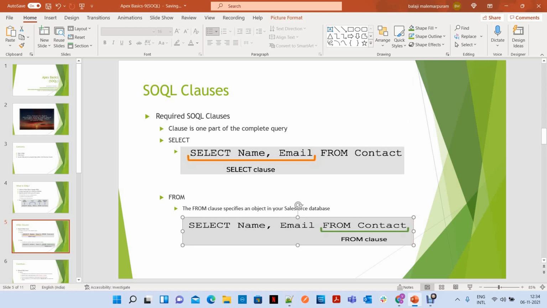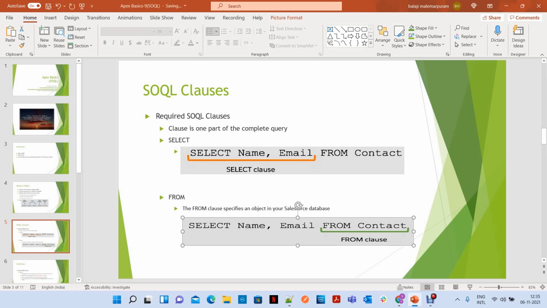And from contact is another clause. From specifies an object in your Salesforce database. Whenever you want to retrieve data from any object, these two clauses are important and required: select and from.